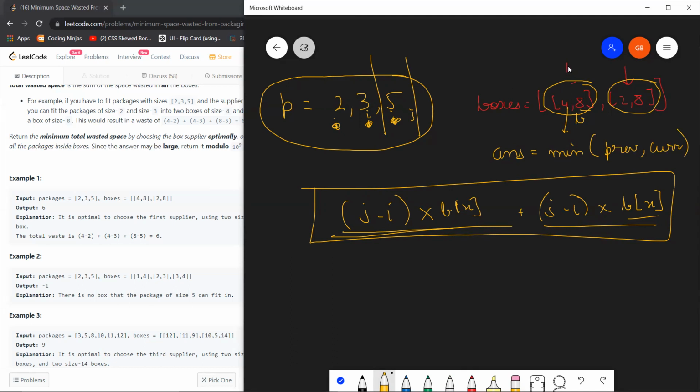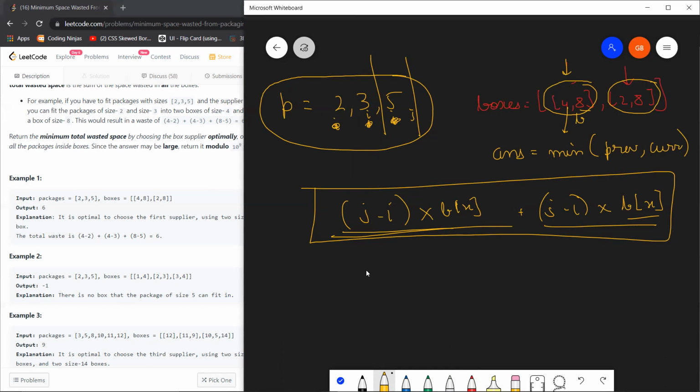These boxes in itself will also be sorted, and we were covering this very optimally, right? We were using the minimum size box to cover most of the packages that we have. This way we were utilizing minimum total space, and obviously therefore we will be minimizing total wasted space, right?